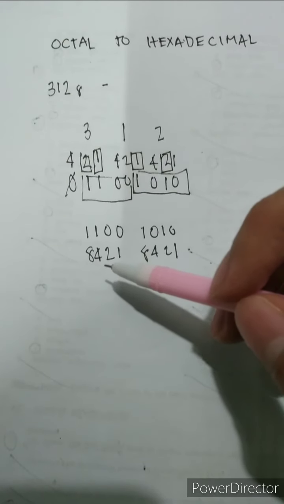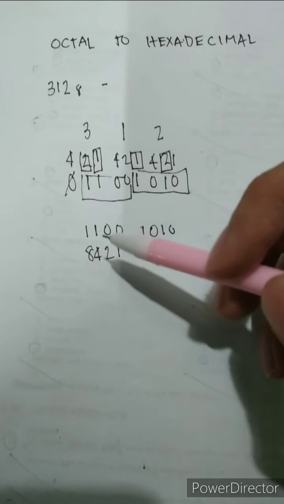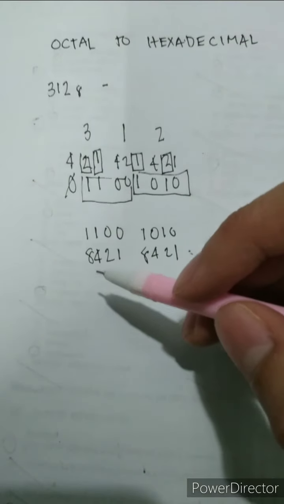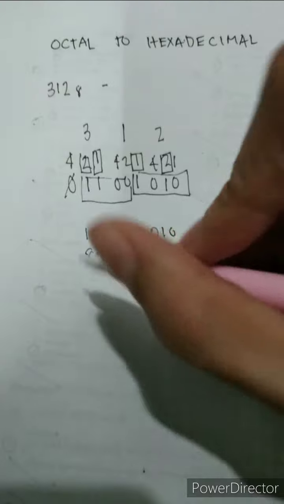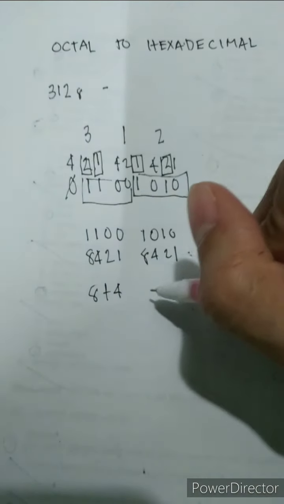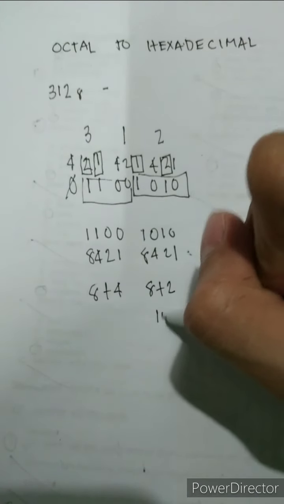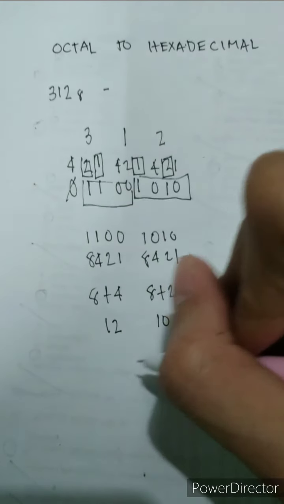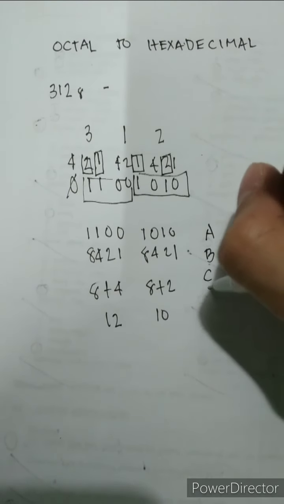way. It is 2 to the power of 0, 1, 2, and 3. So this is the simpler way of it. And let's just sum up the number that has 1 on it. Be 8 plus 4, and then 8 plus 2. This will be 12, 10, and in hexadecimal,